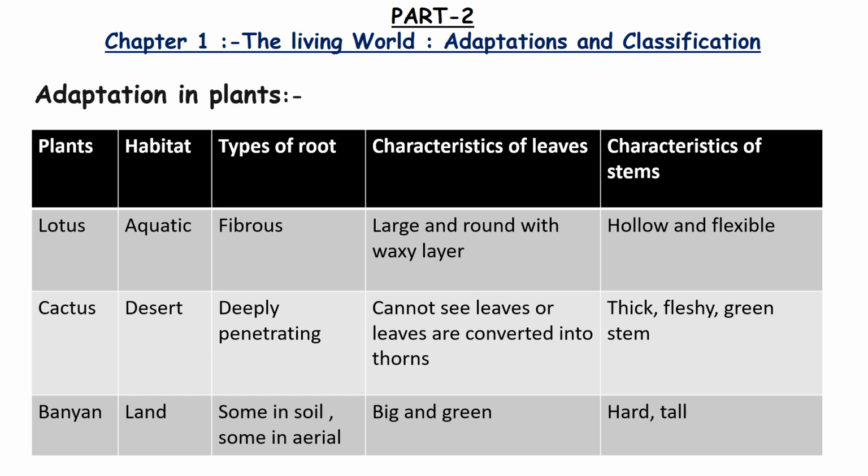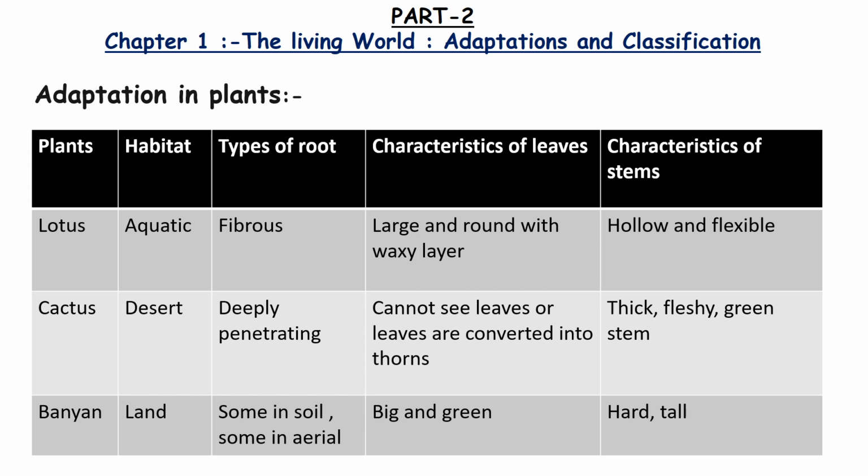So, first plant I took lotus. We all very well known about lotus. So, its habitat is aquatic. Habitat means where the living things can live. Okay. Its types of roots are fibrous